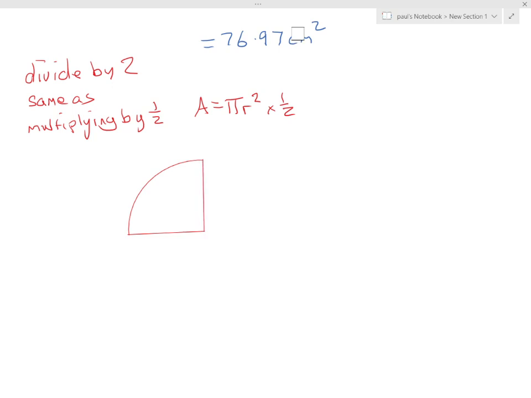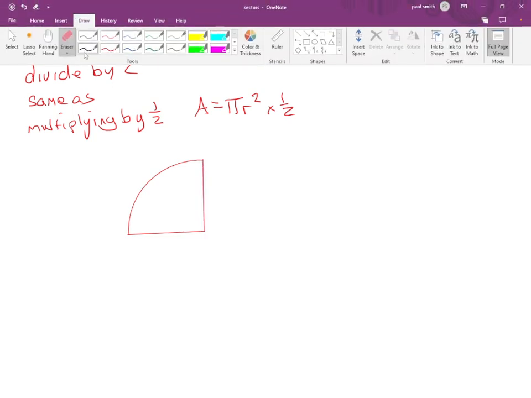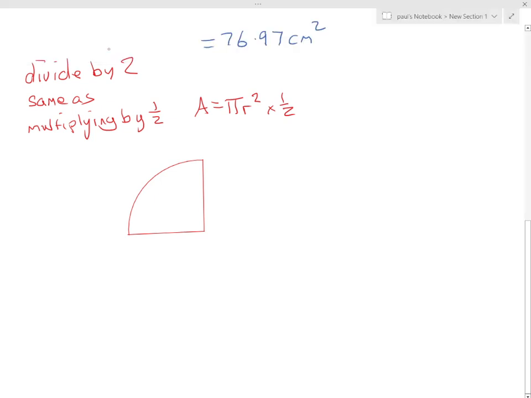So we've got a quarter of a circle with a right angle in there, and because this is a quarter of a circle, imagine the circle all the way around before I rubbed it out. This will be the center. So this will be the radius. So the area of this is either going to be pi r squared divided by 4 because it's a quarter, or area equals pi r squared times a quarter,